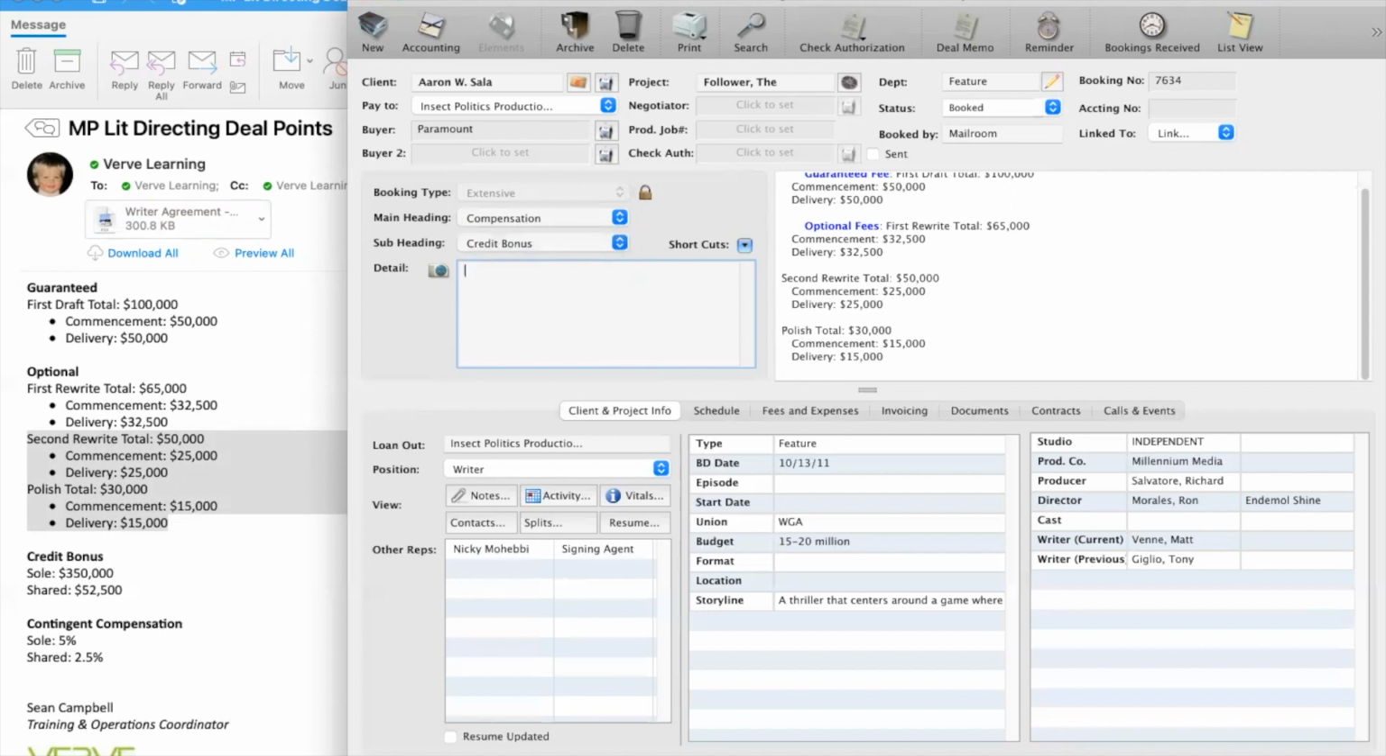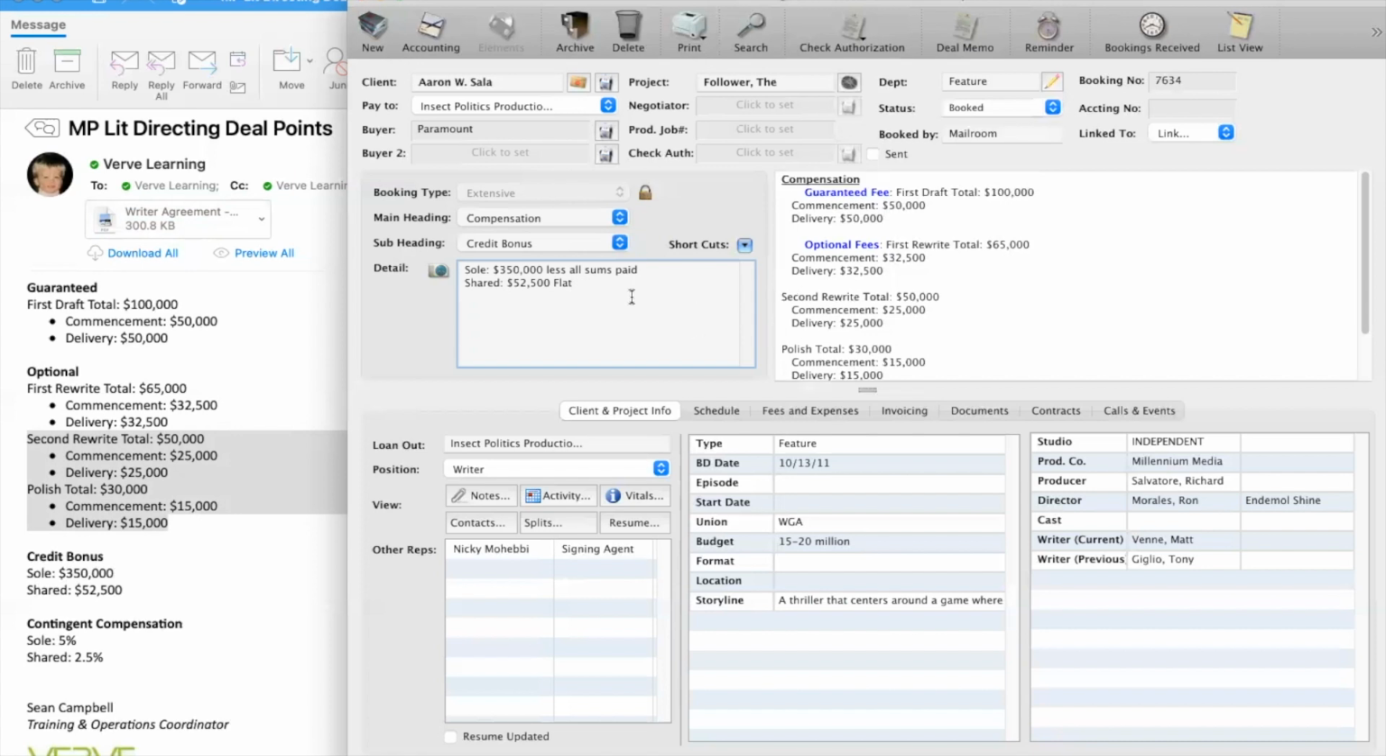Credit bonus, sold, 350,000. And we will also add that less all sums paid. I know I didn't include it in the deal points earlier. And then shared 52,500 flat. So you can remember less all sums paid minus anything they pay for any of these, like first drafts, rewrites, any of that. And then the flat is, doesn't matter how much they've been paid in the past, they get 52,500. So I'll just press tab for that and move on to